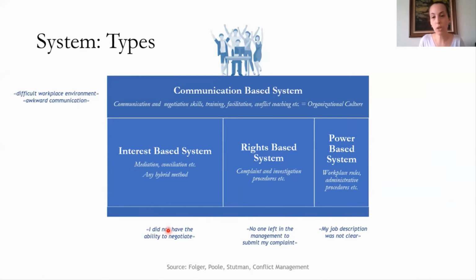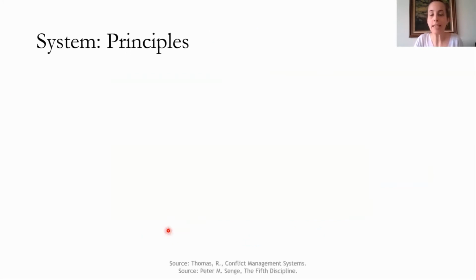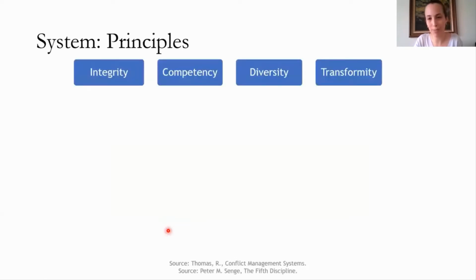So we will talk about how to establish a system which includes all of these pillars and the roof properly. How do we do that? It's lucky that we have 4 principles: integrity, competency, diversity, and transformity. Now I will talk about each of them. First of all, we will start with an investigation. Remember that